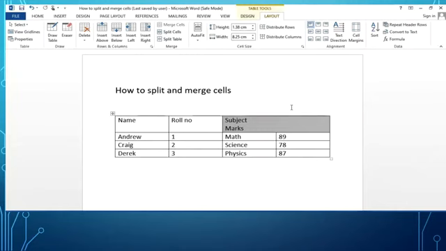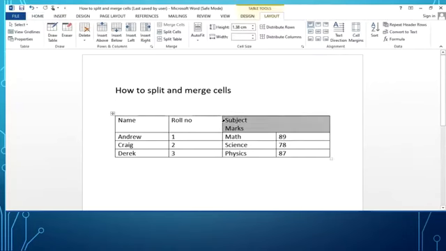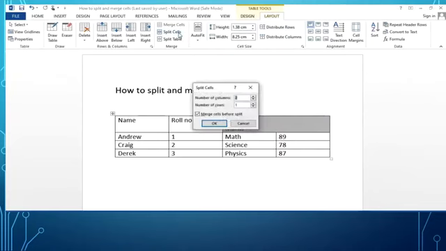Now I am going to split these cells. Select the cell, go to Layout, then go to the Split Cell option. You can select the number of columns into which you want to split.